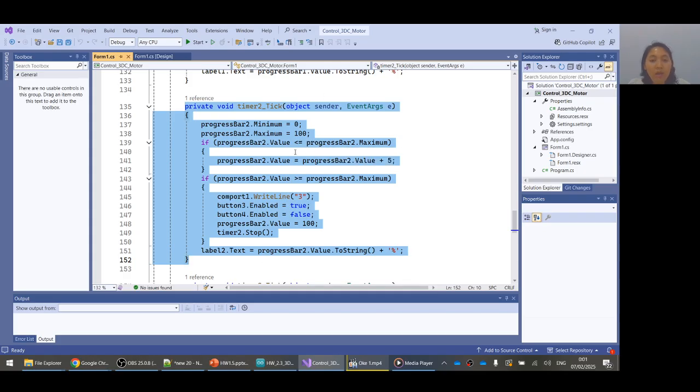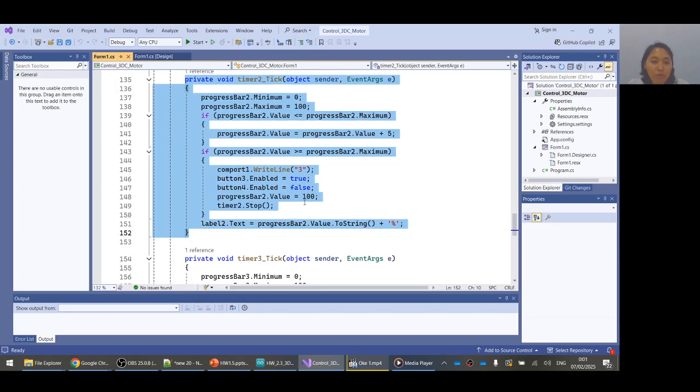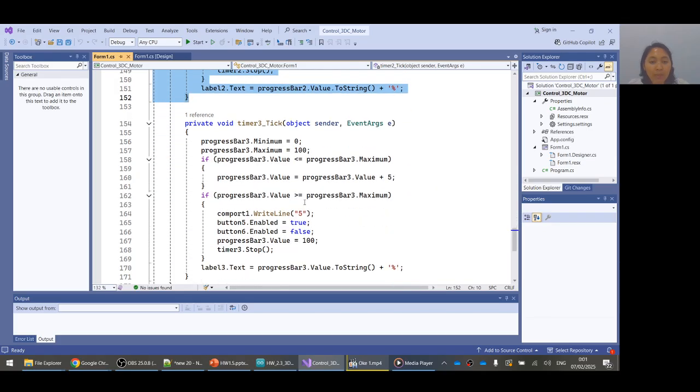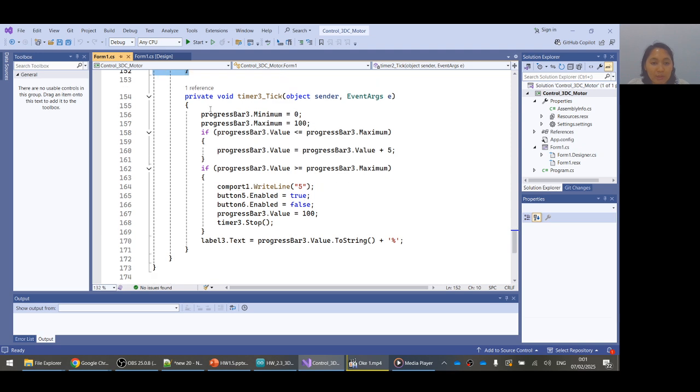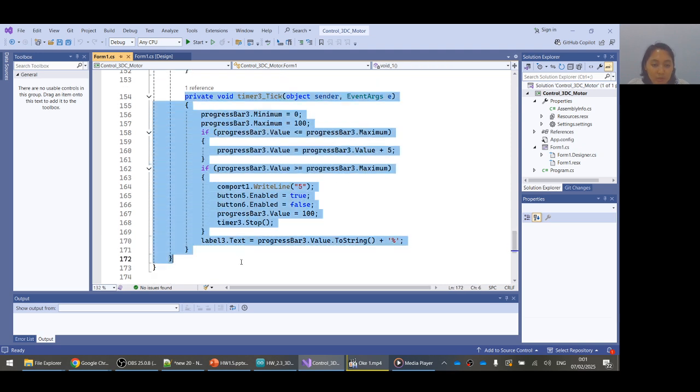This is for show the value and activate progress bar DC motor 2, level 2 and progress bar 2. And then for the timer 3 underscore tick, this is also for activate the progress bar 3 and level 3. This is for show the progress of DC motor 3 rotating.